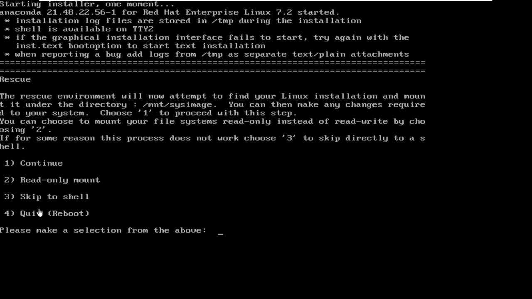So what I will select here, I will go for normal, because our system is properly working. I just forgot the password of grub, so I will not go for any other changes. I want to change it, so I want to edit the file, so I will go for the read write option, and I will go for 1, and I will not skip because our system is easily working. So I will go for option 1 here.